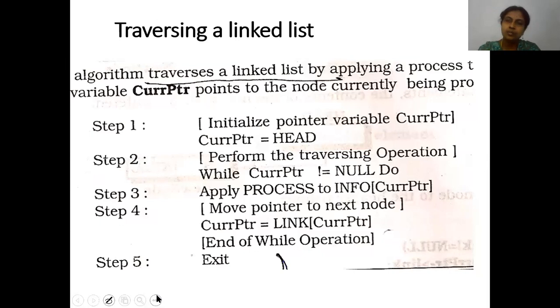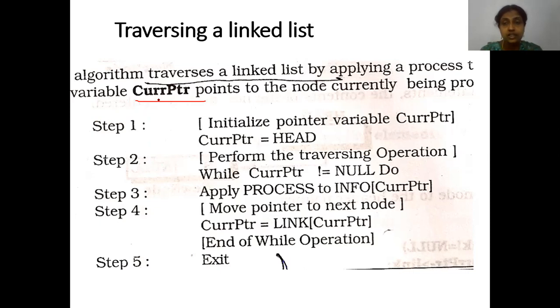Traversing a linked list. In computer terms, traversing means visiting the entire place. If different nodes are there, visiting all the nodes at least once, we call it traversing. It means moving around the data. So here we have a set of nodes, we want to move to all the nodes and print, or display, the values. That we call traversing. How is it possible? With the help of the current pointer. So here we are introducing an extra option called the current pointer.